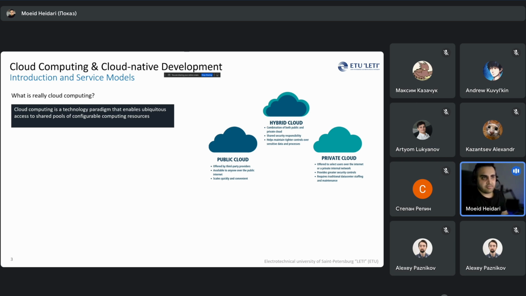The advantage of this private cloud is that it provides greater security control, because it works just inside the local network of the company. It's not going to be accessed by other people or attacked by attackers, because you need to be part of that network to use this cloud infrastructure. One of the trade-offs is that we need traditional data center staffing,